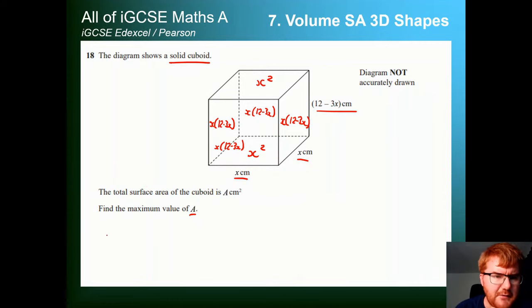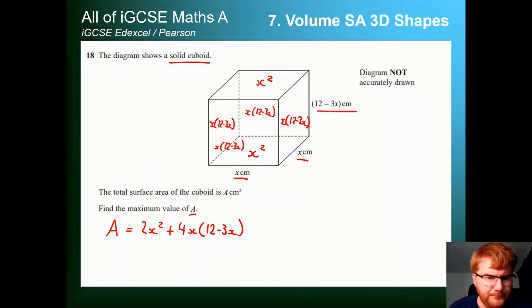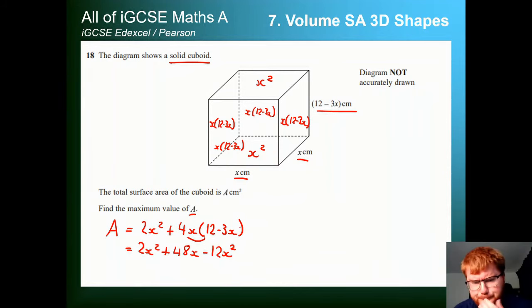So the total surface area, A in this case, is equal to x squared plus x squared, which is 2x squared, and then we have 4 lots of this x(12 minus 3x), like so. Now we can just do some expansion here. So we're going to expand out the bracket, just a single bracket. So 12 times 4x is 48x, and 4x times minus 3x is minus 12x squared. And if we collect up the like terms, 2x squared minus 12x squared is minus 10x squared